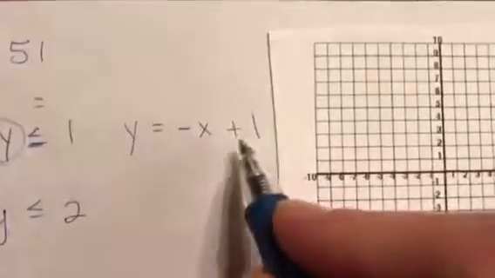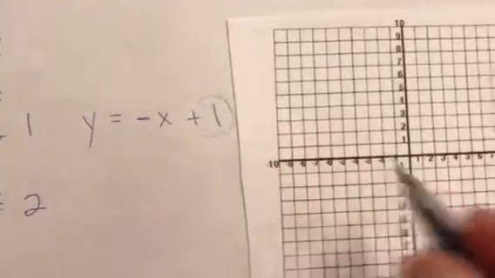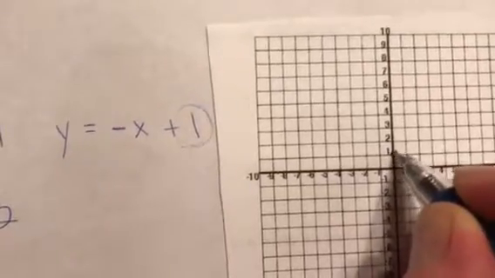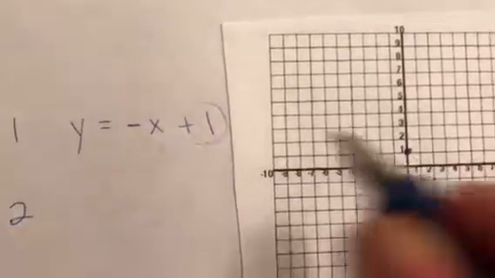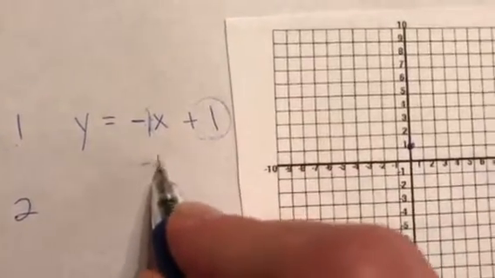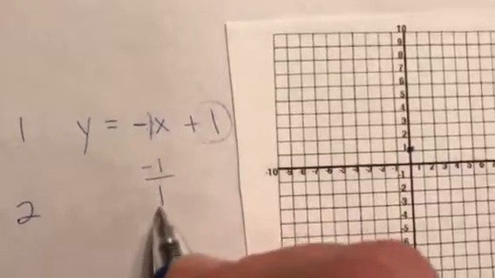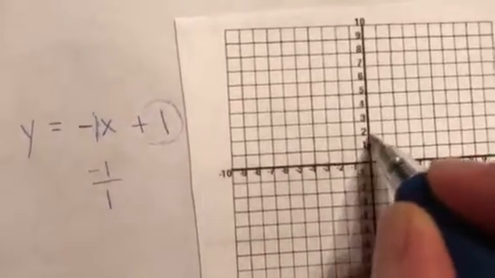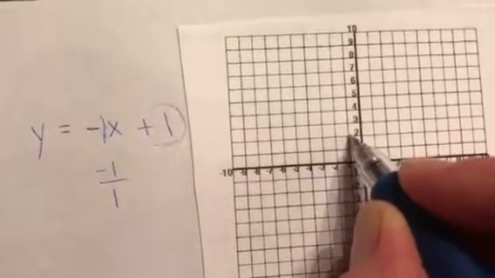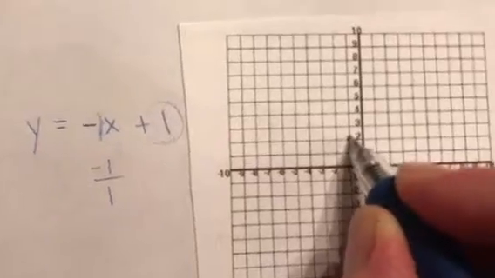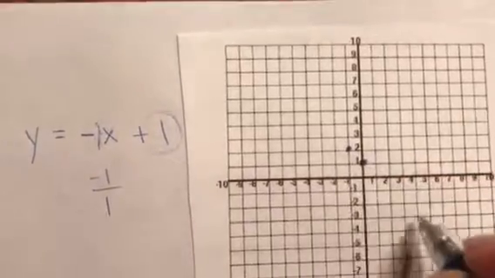Remember, this right here is your y-intercept. So that's where it hits my y-axis, right there. When you graph it online, that's the first point you're going to put on. This is my slope. My slope is -1. And remember, I can write 1 as a fraction. So this is rise over run. I always rise, and then since it's negative, I'm going to run to the left one. So you can actually do your next point there on MyMathLab,